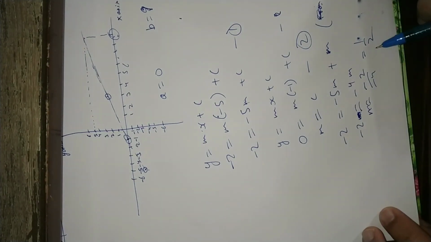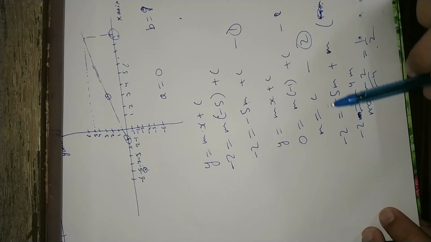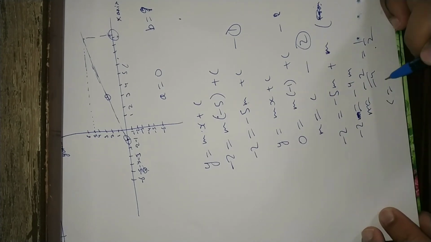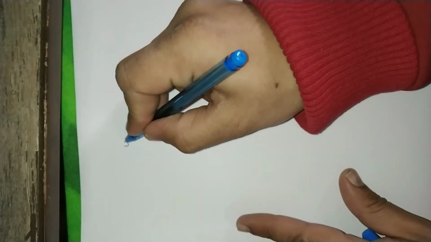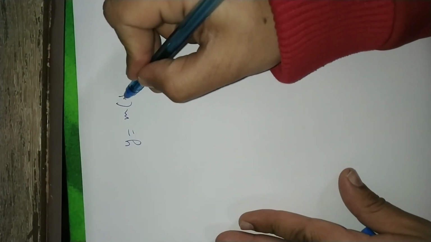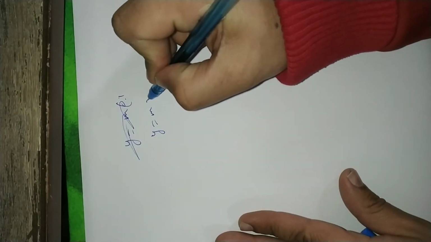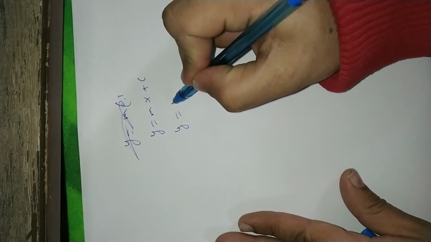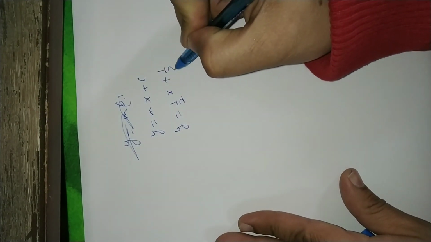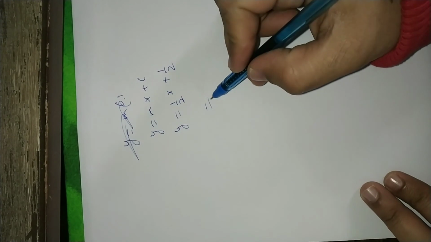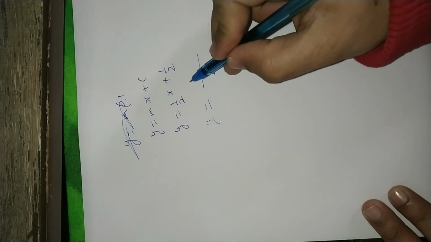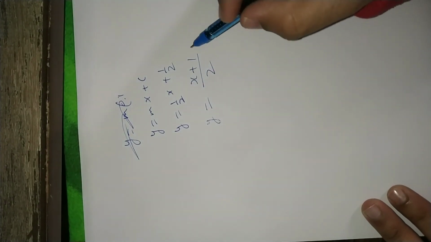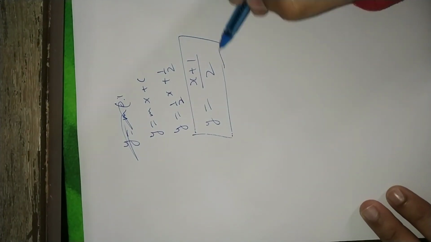Now in this particular case, the value of m is 1 by 2 and m is equal to c, therefore c is also 1 by 2. Now putting these values in the general equation, what was your general equation? y equals mx plus c. So m is 1 by 2, c is also 1 by 2. From here, y is equal to, taking LCM 2, (x plus 1) by 2. So this is your general relation. So this is how you have to find the relation.